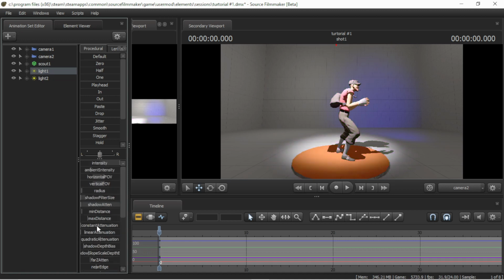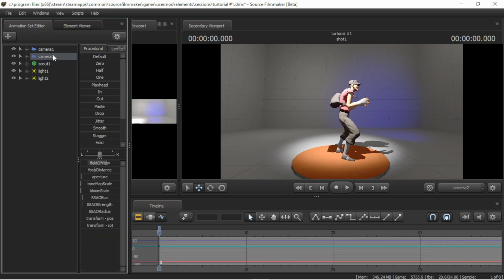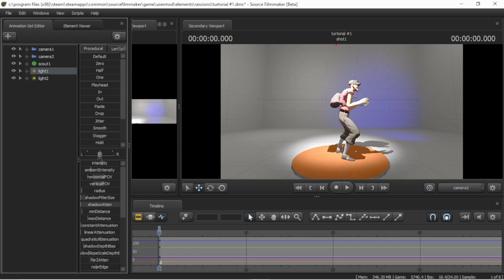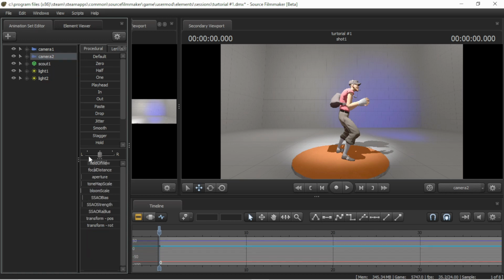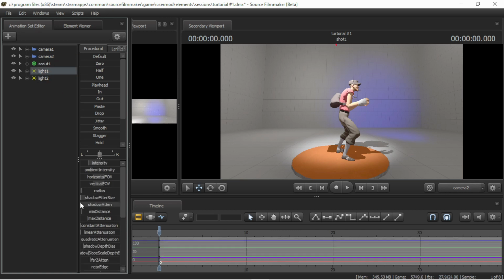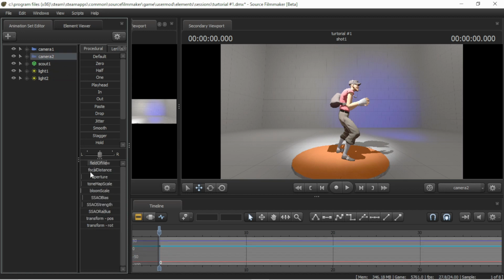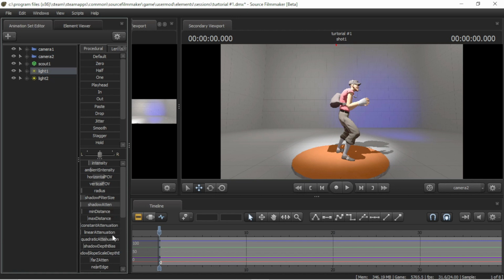Now with that out the way, I'm going to put it back to roughly its original state. I'll turn this down. See, just like that. And then if I really want to control how bright the light is whenever I have tone map scale up, like right here, I would go down to quadratic, and then I could adjust it even further from there. Quadratic is really good whenever you have the camera have a high tone map scale. It's a lot better to use the quadratic because it allows you to finely adjust it, other than the intensity,